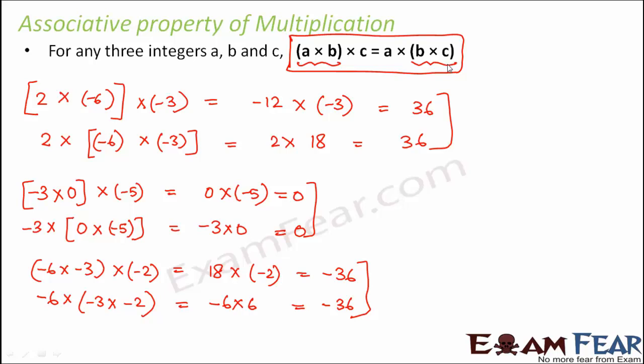So both the commutative property and the associative property prove that the order of the integers doesn't really matter much. So in whatever order you multiply integers, the product will remain the same. So here we proved that the product of three integers doesn't depend on the grouping of integers.